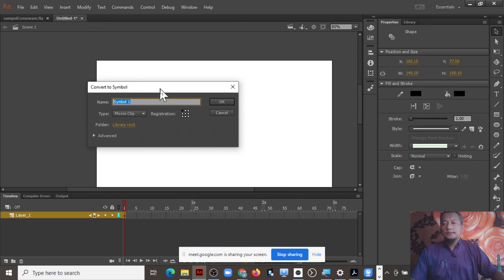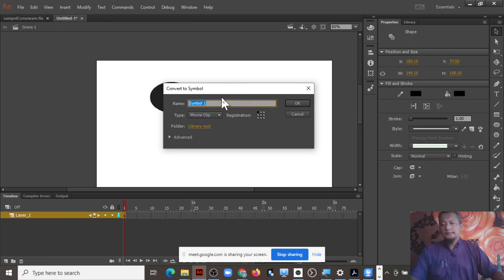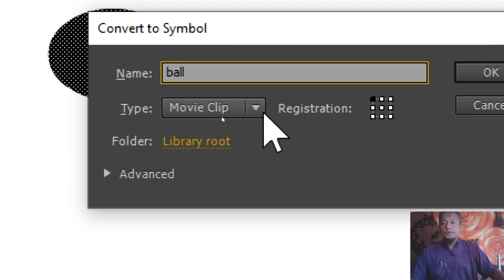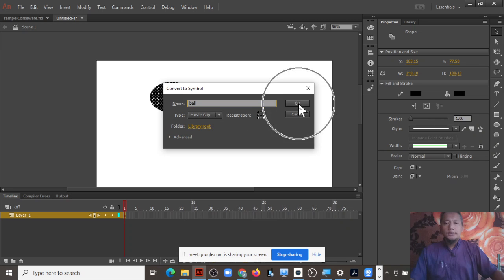Okay, and then type the name, and then you can choose whether it's a movie clip or button. So for this exercise we will use a movie clip, and then click OK.